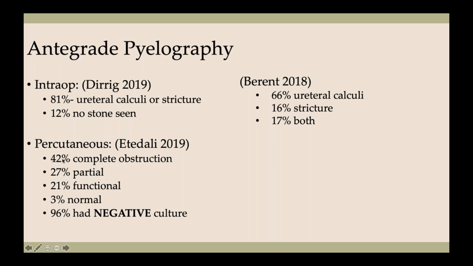The majority of them were obstructed, either complete or partial. But we did have about 20% of cats with what we call a functional obstruction, where we had flow of the contrast to the bladder rather quickly, within about 5 minutes, but it just never left the kidney as well too. And we didn't know if these were cases that might have just had significant ureteritis or what that could